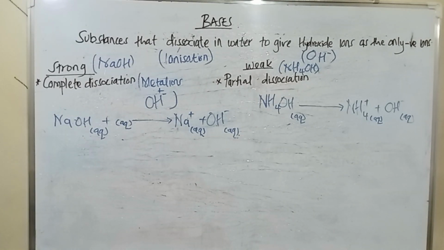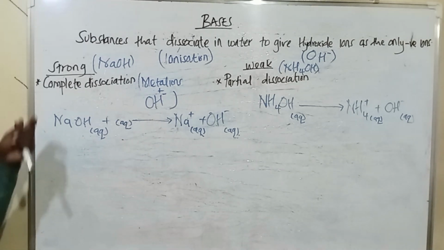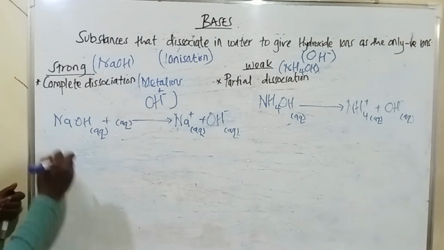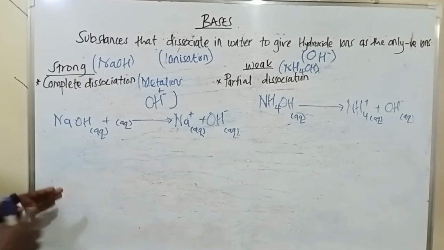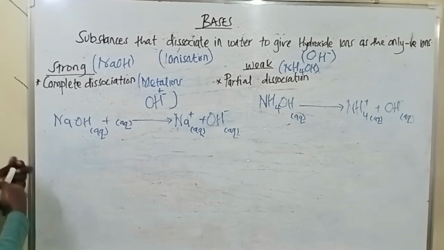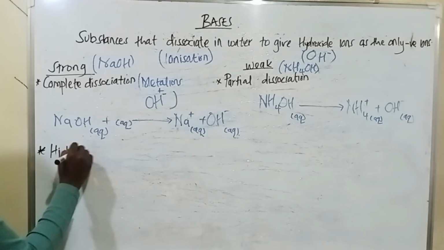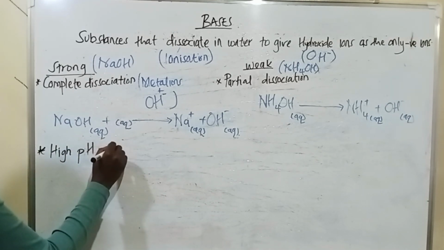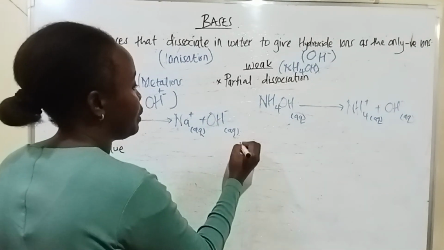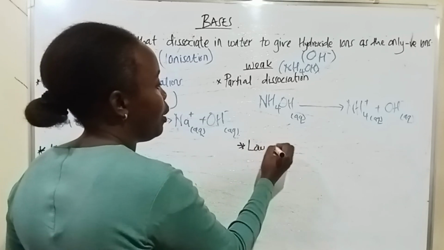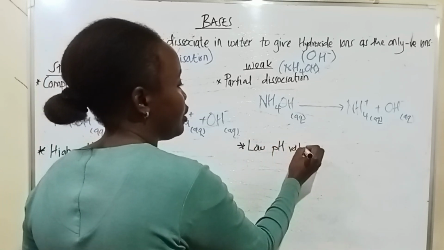So something else that we need to know about the bases is the pH of these bases. So strong bases tend to have a high pH value compared to weak bases. So that is another characteristic. Here we say they have a high pH value. These weak bases, they have a low pH value. Now we are going